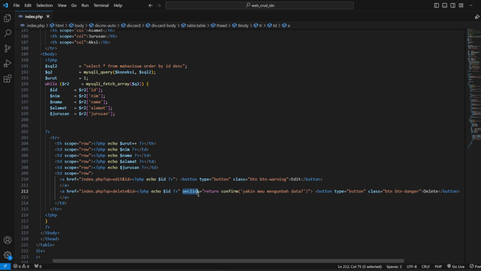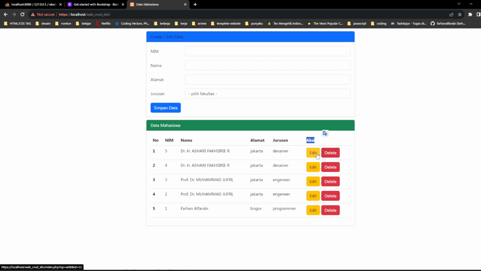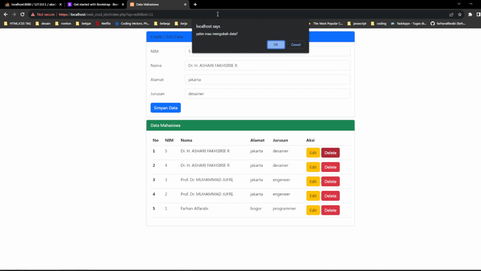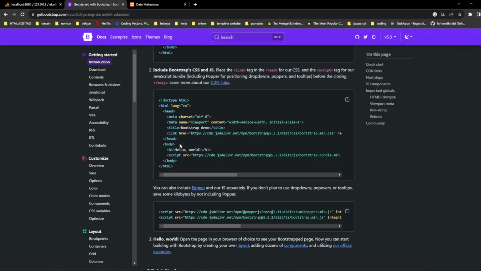And on click, this is the JavaScript on click, there is the alert with the value "yakin mau mengubah data". Like that, there is the value and the delete button. If I click edit, if I click delete, the alert "yakin mau mengubah data" is the alert of the JavaScript.